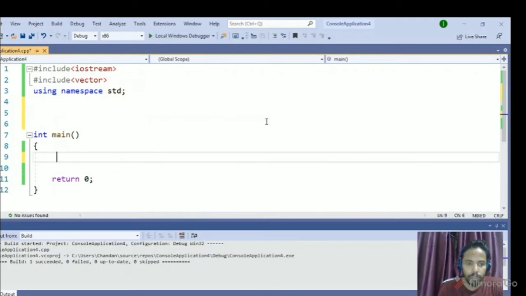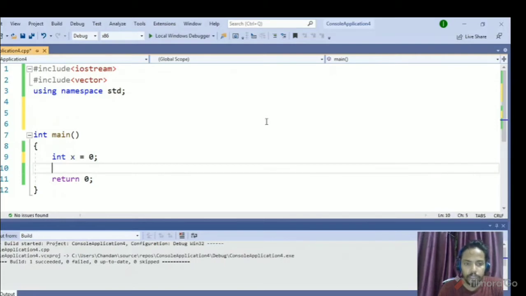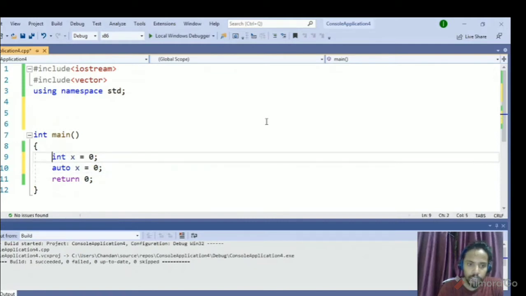So for example in C++, if you have to create a variable, you have to mention its type on the left side using primitive type like int, float, or a vector. So any kind of user defined type you have to use here. So let's see what we can do with auto, which means the compiler automatically identifies what type a variable holds. So for example, if I'm using auto x here instead of int x, it will identify that x belongs to an integer.